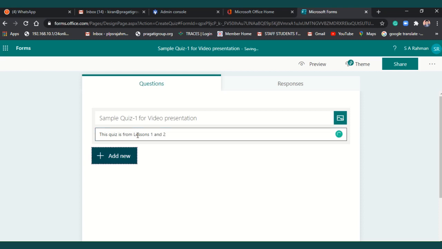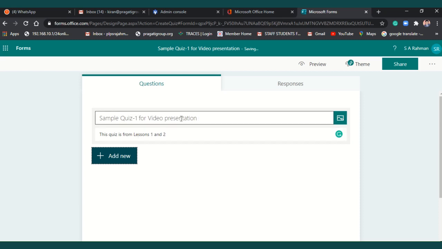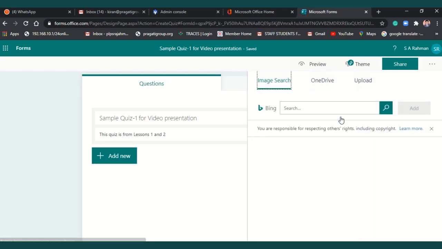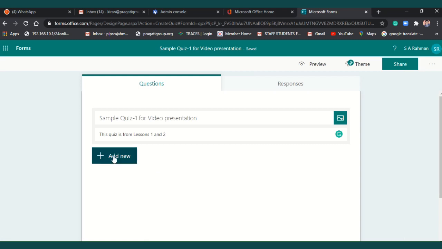So see, I have added a description also for this. If you want to add an image here also, you can press here and add some image from here. Now, from here you need to add questions.